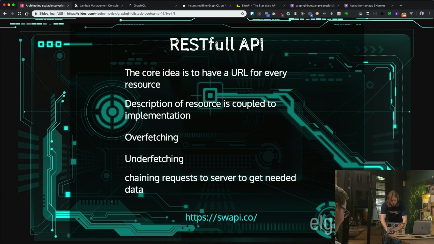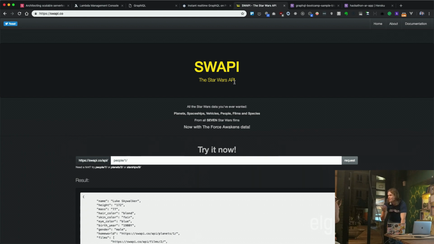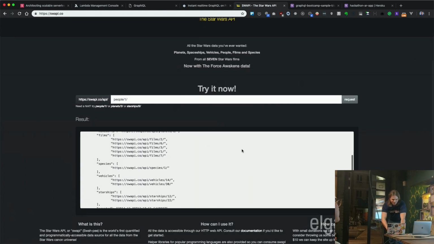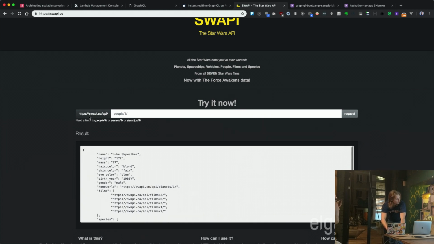As an example, I want to show you the Star Wars API. Have you seen the Star Wars API ever? Okay, so this is just an API to get data from Star Wars movies. We have a regular REST API, we query people, the ID of a person, and we get a bunch of data. So if I need a specific type of data, I need to do 1, 2, 3, 4, 5, or even more requests to get the data that I need. And I need to basically consolidate everything on the client to make it work. And it's not that good, to be honest.